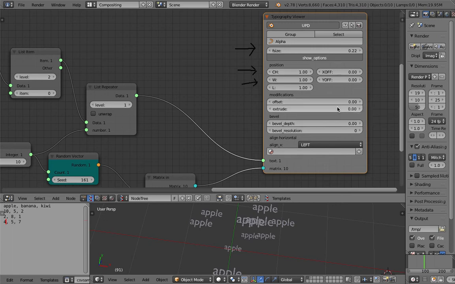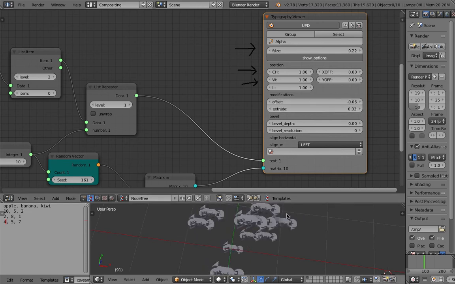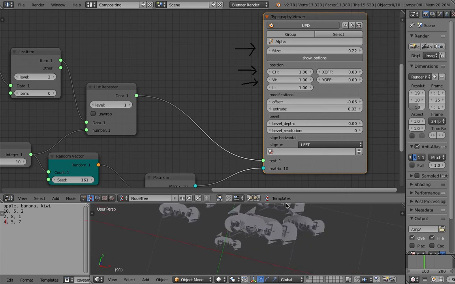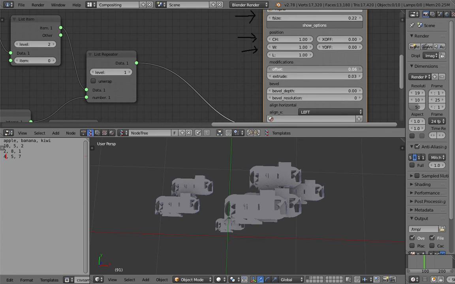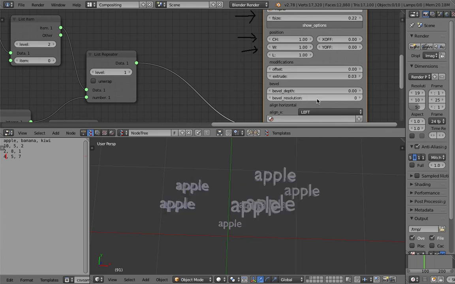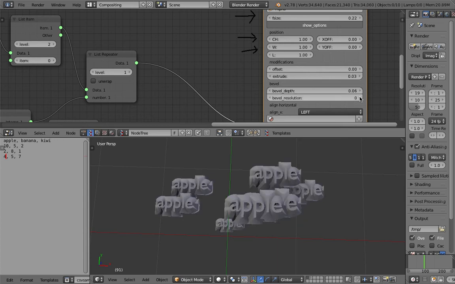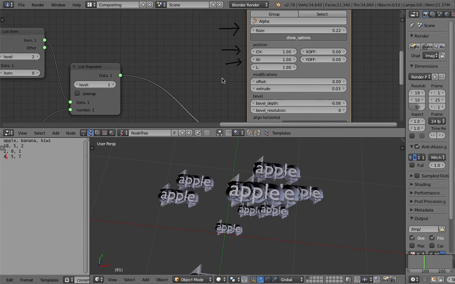But you can do extrusion, and you can do offset, which is kind of nice. You can quickly make a heavy metal kind of typography this way. There is a bevel depth, super handy, and bevel resolution. There is a material you can apply, and